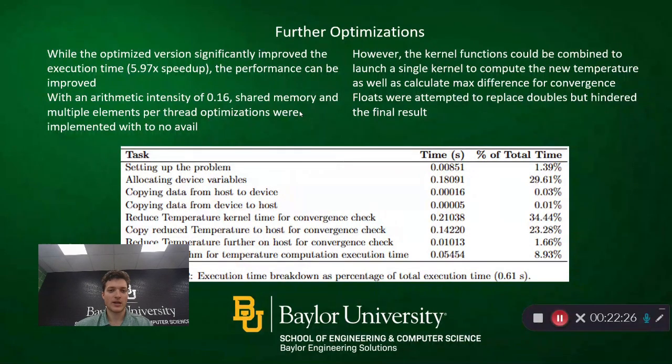So I tried to use floats instead, which would have been 4 bytes instead of 8 bytes per memory transfer. However, like I said, it needed to sum up a lot of those smaller differences, and I wasn't getting the same results. So instead, I tried to implement shared memory and multiple elements per thread. However, that did not decrease the execution time, possibly due to just still being memory bound and that not really having an impact on the execution time, and having to do a lot more boundary checks, which added